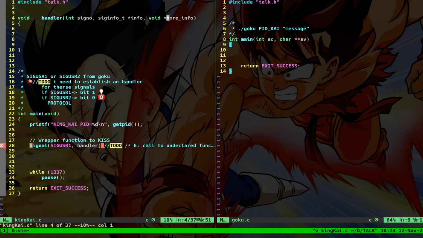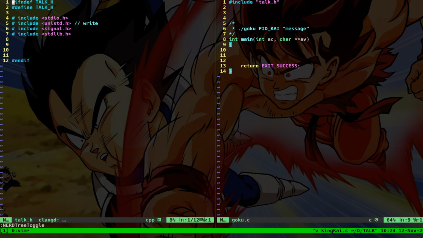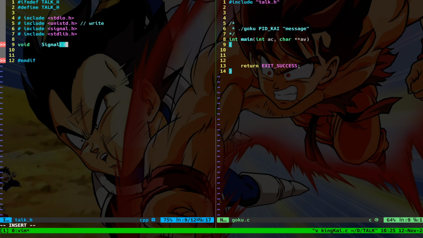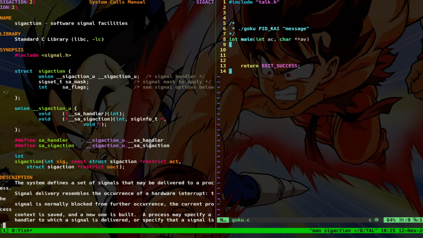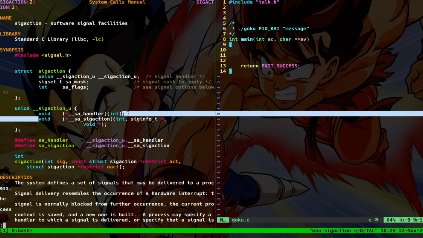This actually I don't use, so more info. I can immediately do it like that. Perfect, so here I have my signal. So let's go back to the signal implementation, SIGUSR1 handler. All right, so now let's jump into my talk.h and let's put this prototype. So void signal, take an integer. Then here I want this signal to be able to take both this prototype or this other one, like the